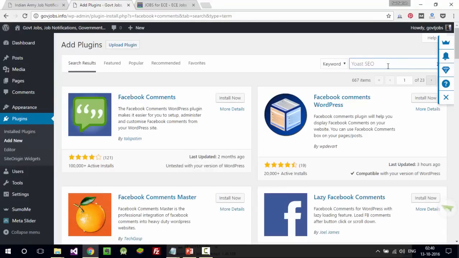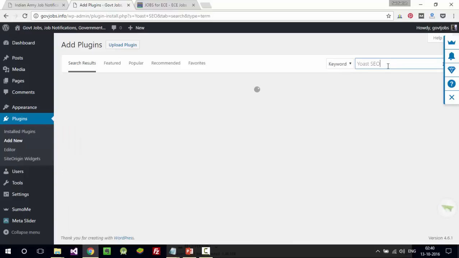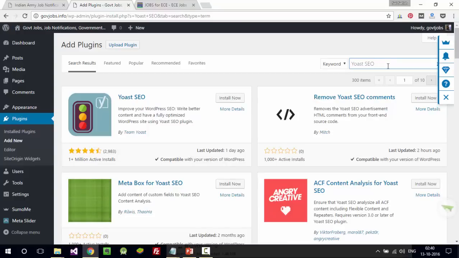If you want to do SEO for your website, Yoast will give you very good suggestions on what to do and what not to do in your articles. Very good one. You can go ahead and install Yoast SEO. These are some of the plugins you should not miss to install on your site. Change the themes, check various themes, give various new inputs.